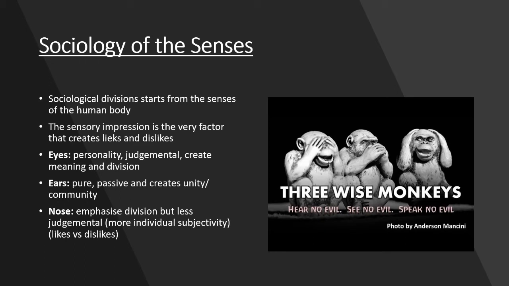Alright, moving on to another type of senses, hearing or ears. So unlike eyes that are far more judgmental, ears are very individualistic because they are pure and passive. It is referring to what the individual knows, which is why oftentimes in history people say those who listen are much wiser than those who speak, because listening is hearing other people's contradictions and secrets, is giving you more knowledge rather than being judgmental, right?